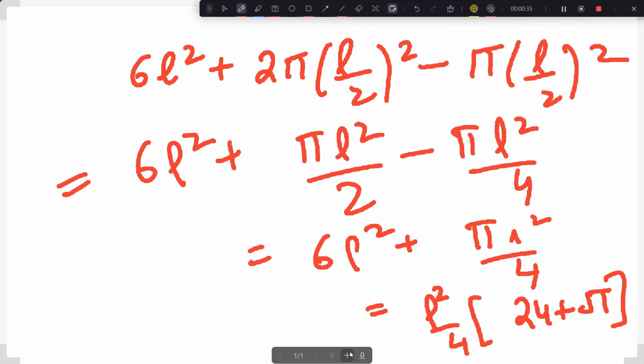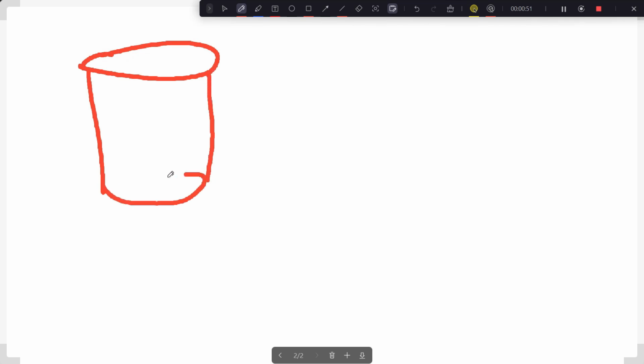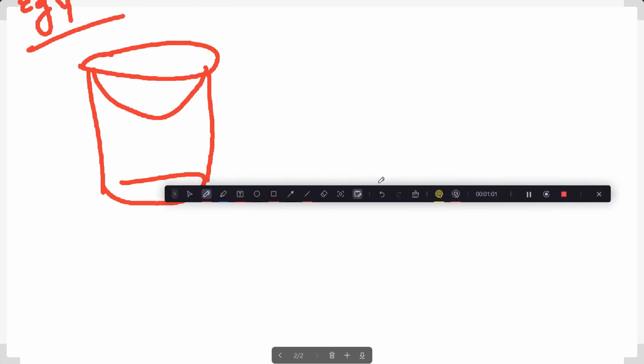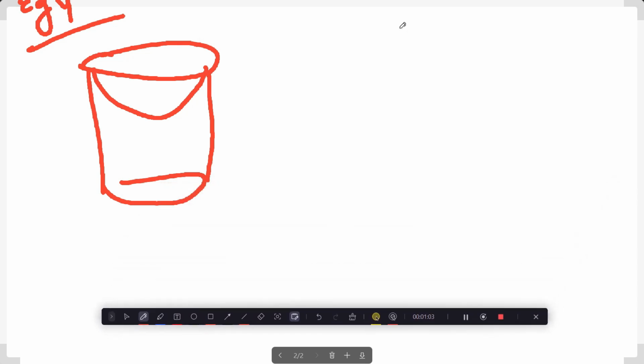So this is question number 5 that we were looking at. We saw question 4 and we also saw another example. I'll also now simultaneously make 2 more examples. So this is a cylinder, and again there is a hemispherical depression. This is example 4. And then we are going to look at question number 9. I'm just showing you the solution of it. So question 9 says that there is again a cylindrical